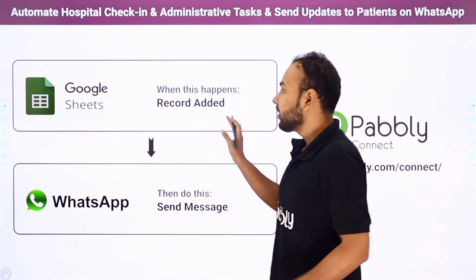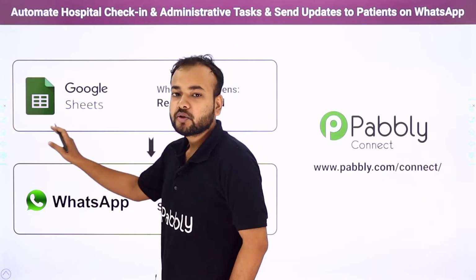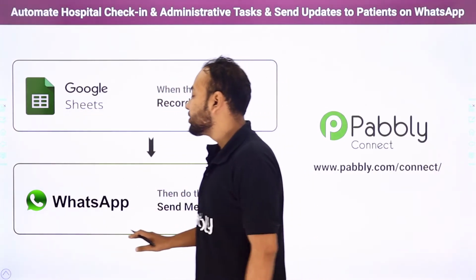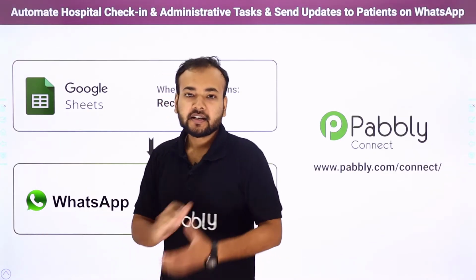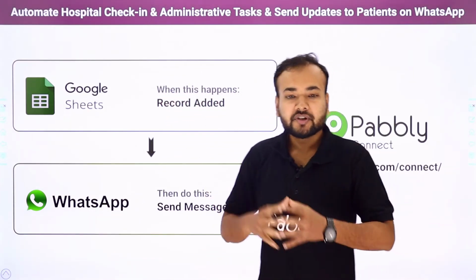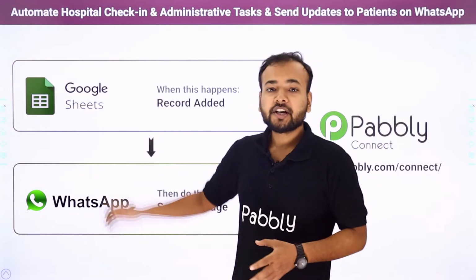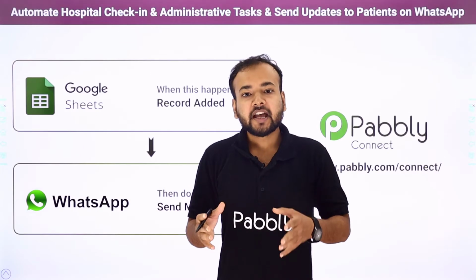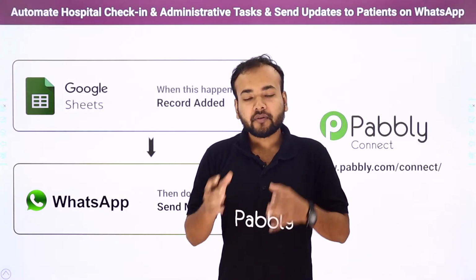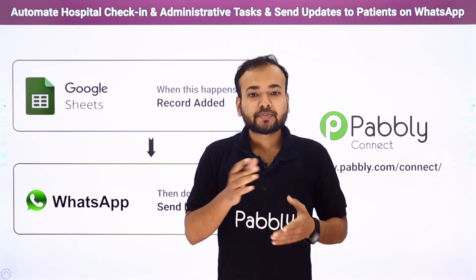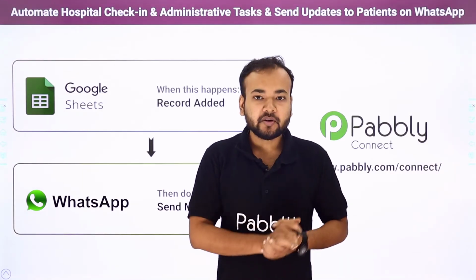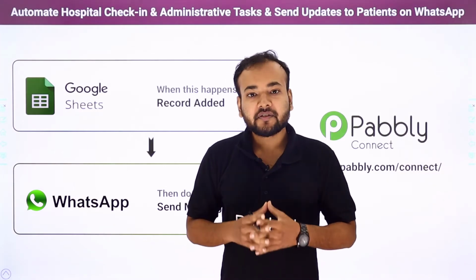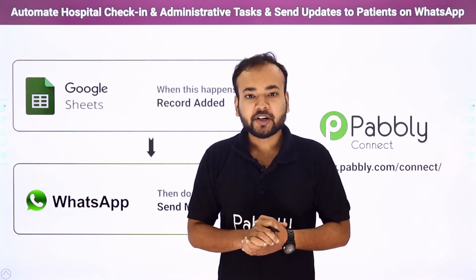So you have a record of patients added here in a Google Sheet, and according to that record you are going to deliver a WhatsApp message automatically. Now let's talk about the applications we are using. So guys, Google Sheets is an online spreadsheet program in which you can create spreadsheets and manage your data in rows and column formats and access those spreadsheets from any device and from any location. And WhatsApp is a widely used instant messaging service, and you guys know pretty much about it.